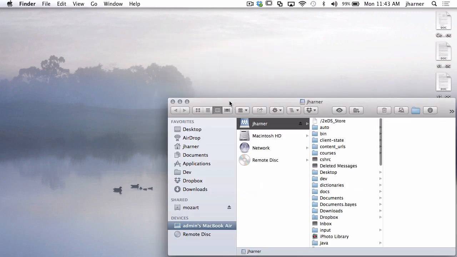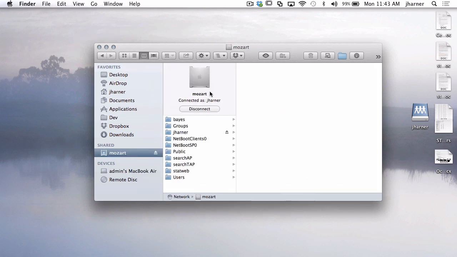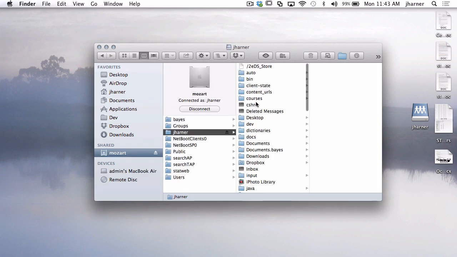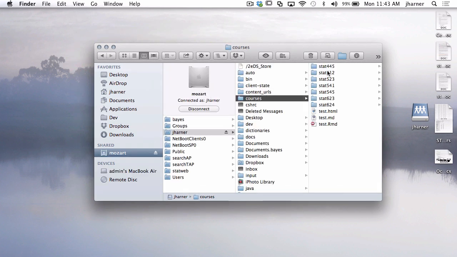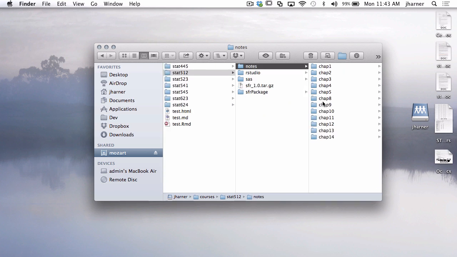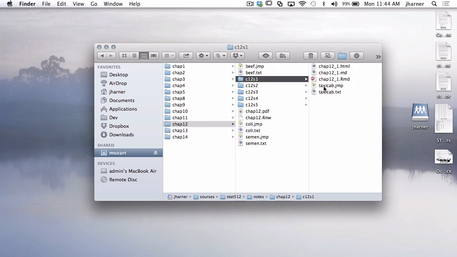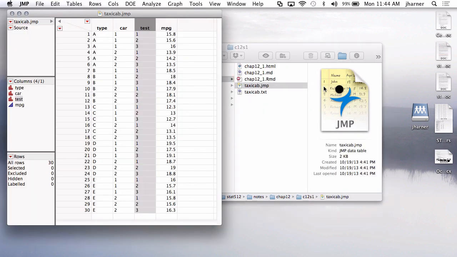So I'm going to mount the drive so we can look at this. It's a little deep. So if I look at the same data in JMP,